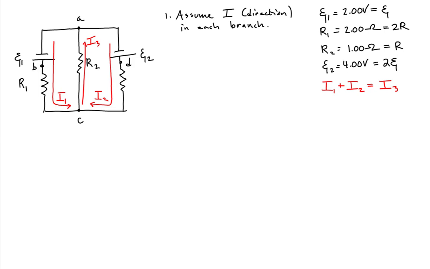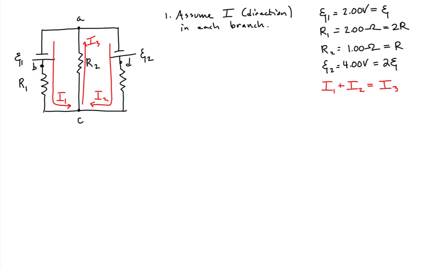So this is applying one of Kirchhoff's rules. Current into a node must equal current out of a node, or current into a branch must equal current out of a branch. Now that we have chosen the direction of currents, we now have to choose the direction of